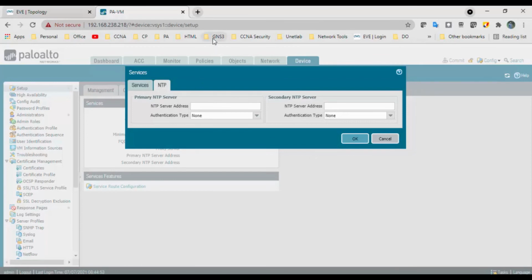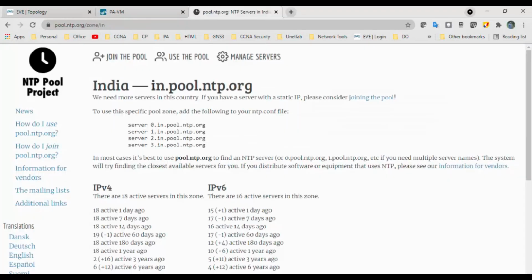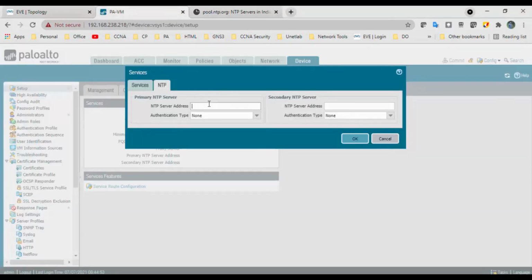Now coming to NTP, for the primary NTP server, as of now I don't have any primary NTP servers, so I will use the India NTP server pool as my NTP server. For authentication type, if you have any authentication, such as symmetric key or autokey, you can mention it.